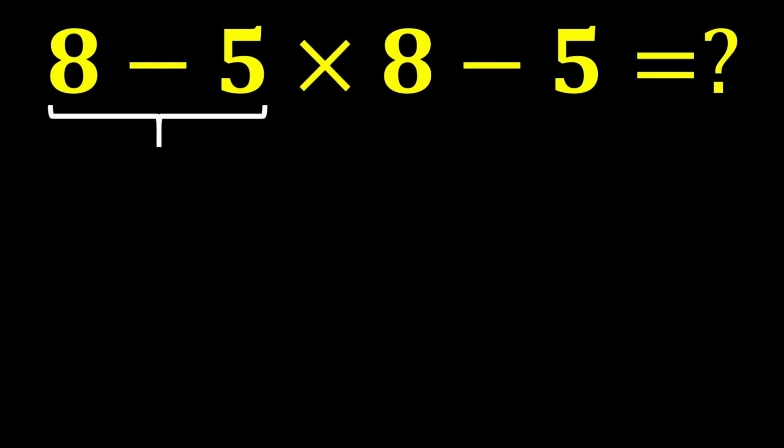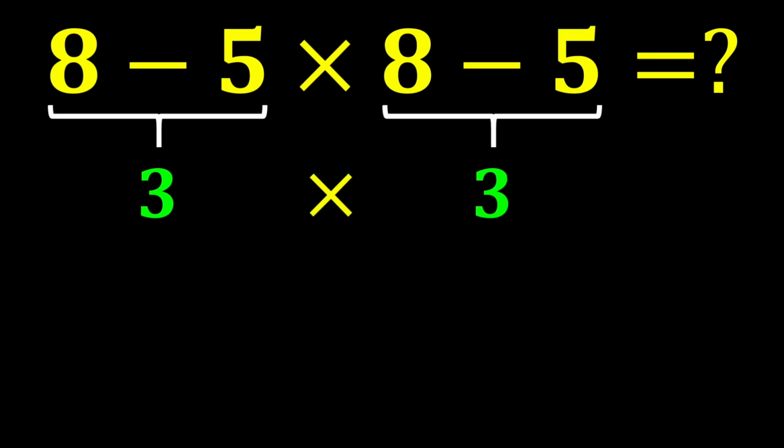8 minus 5 gives us 3, and again, 8 minus 5 gives us 3. In the end, 3 multiplied by 3 gives us 9, which is our final answer. But this answer is not correct because we did not follow one of the most important rules in mathematics called